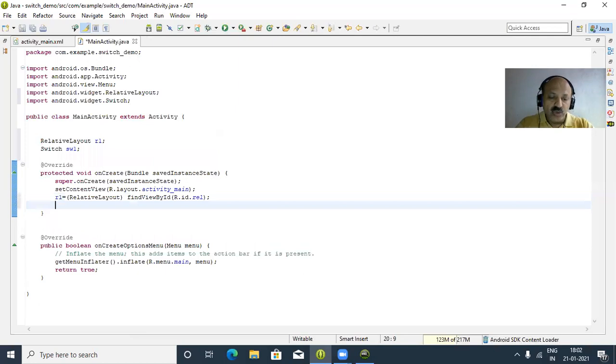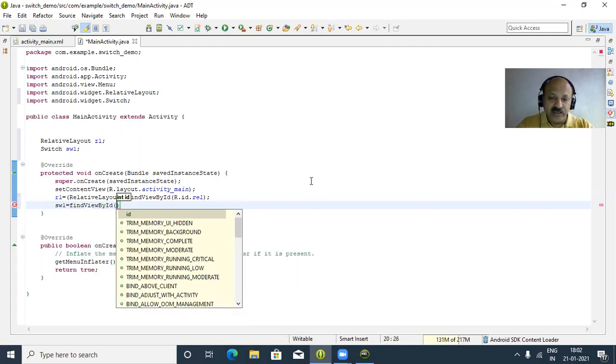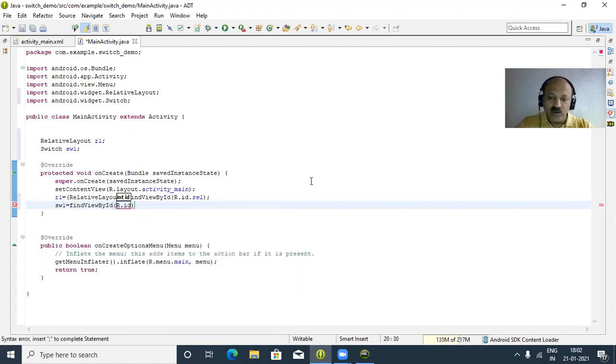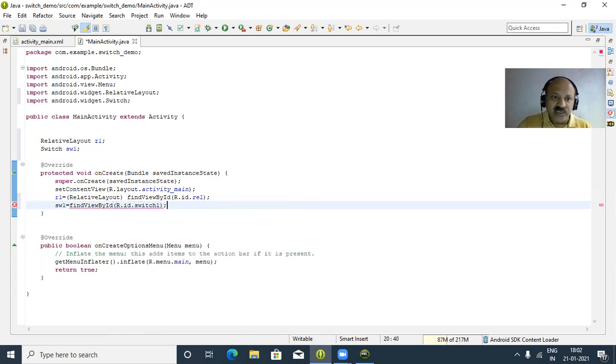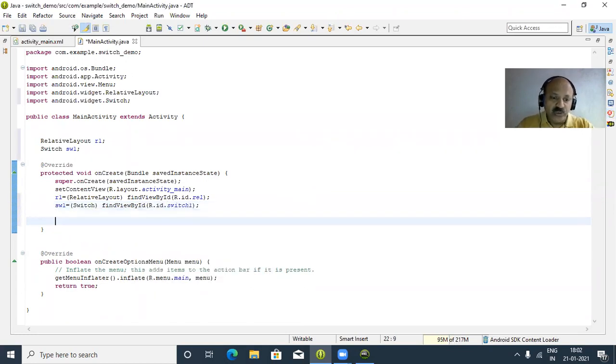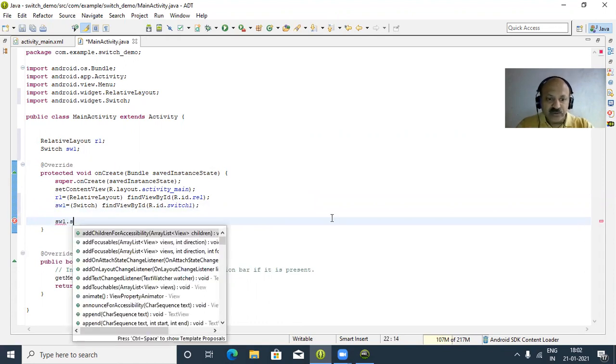And now what to do? So sw1, and then findViewById, same process, and here R.id.switch1. Then a semicolon, and type casting. So that is perfect. And now what to do? So here switch1.set on